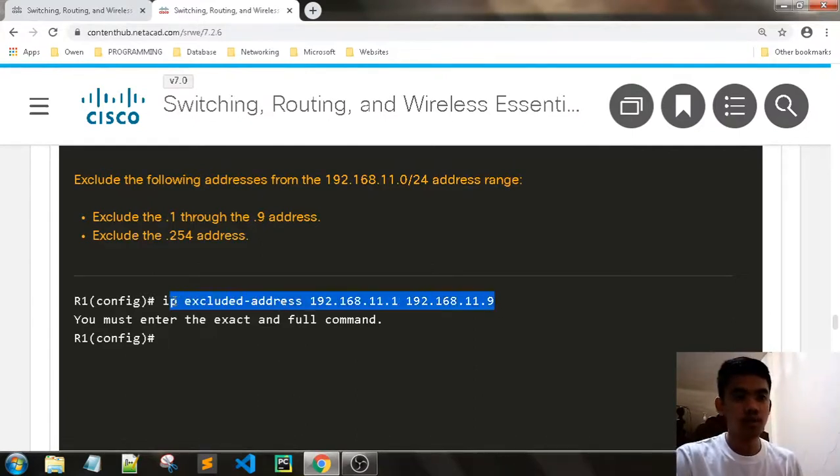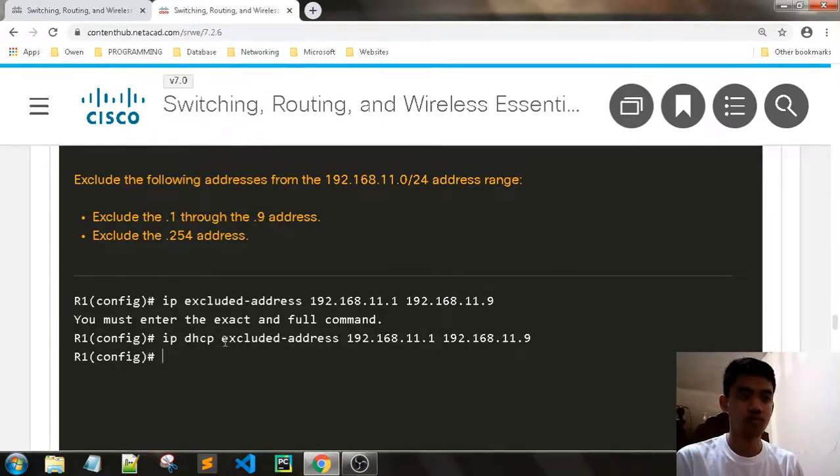If we need to IP DHCP excluded, and we also need to exclude the address for